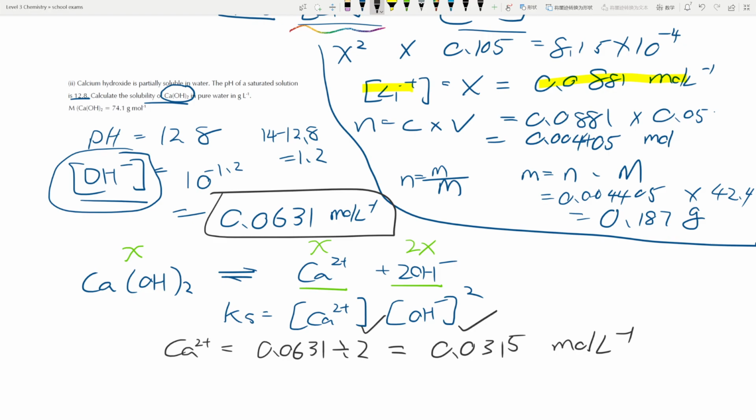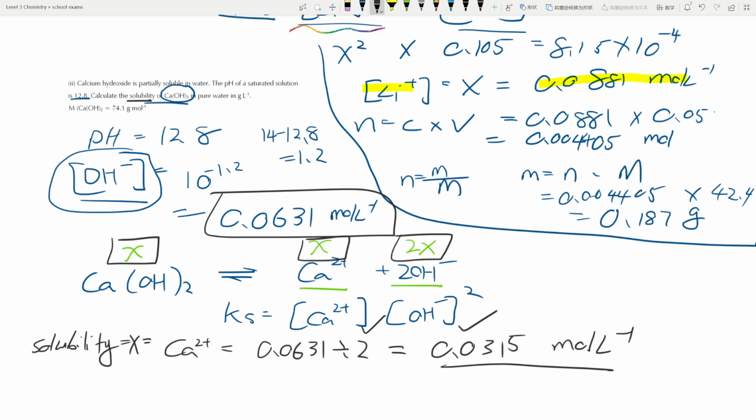Let's just calculate. So that means, why do I even need to calculate the Ksp? I don't even know what we need here. Oh, I already got the concentrations. What do we actually calculate? Calculate the solubility. Oh, we did it. The solubility is X. If I make X moles, it makes X moles of Ca2+ and 2X moles of OH-. So the solubility equals X, which is equal to Ca2+, which is just 0.0315 moles